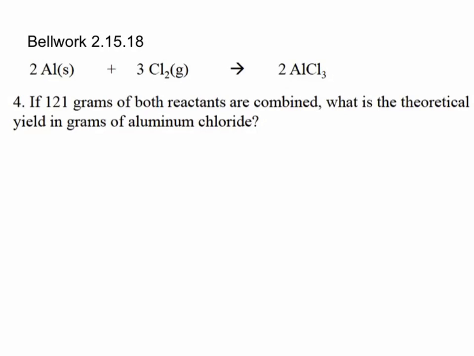So what we need to do first is write down what we are given. So we know that we have 121 grams of both of the reactants. And our end goal is to see how many grams of this can be made. So when I have two things starting here, the first thing I'm going to think of is they've given me two amounts. Then that means I'm going to have to do a limiting reactant